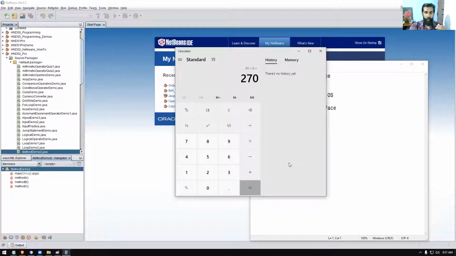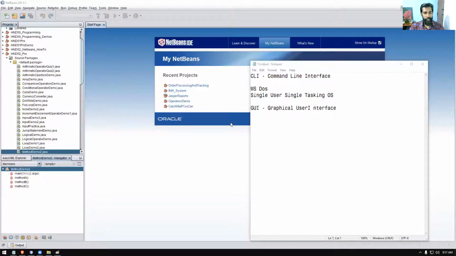When the user works with the interface, when the user does an action on the screen, the program is responding. For example, if I press 5 here, it is marking as 5 pressed. So I can press the plus as an operation, 6. Then if I press enter key, the answer is coming. So the program is designed in such a way. This is a tiny program, okay? So that's a GUI program, right?